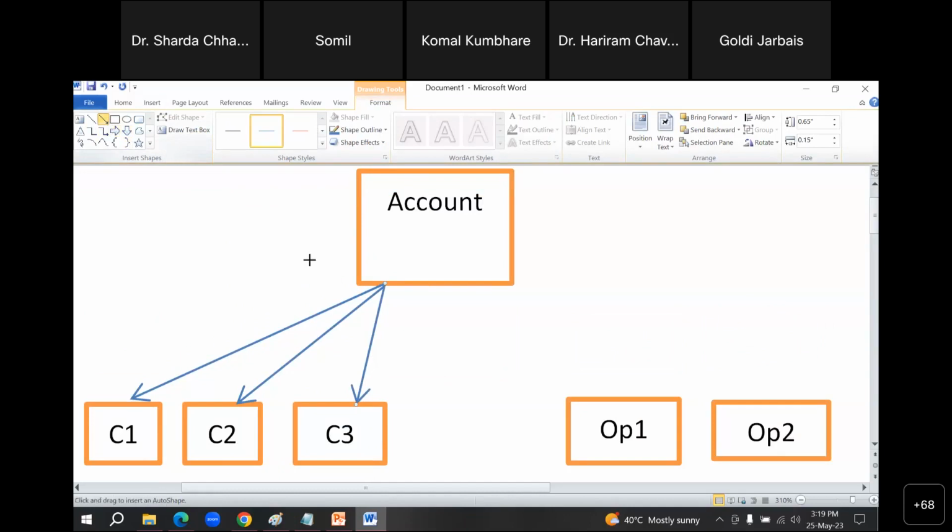And one company can have multiple opportunities. So this is a one-to-many relationship between account and contacts and opportunities. This is called a one-to-many relationship.